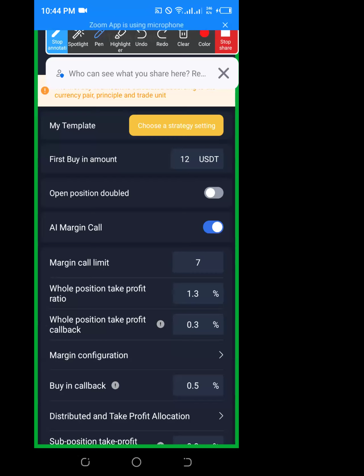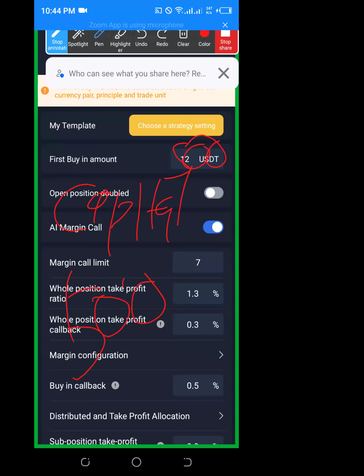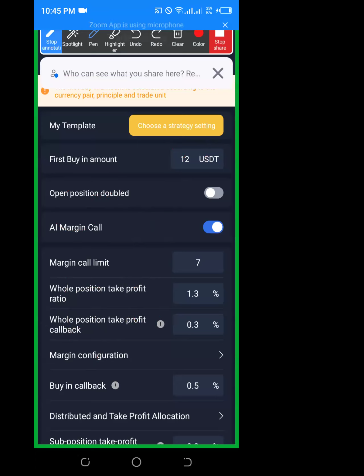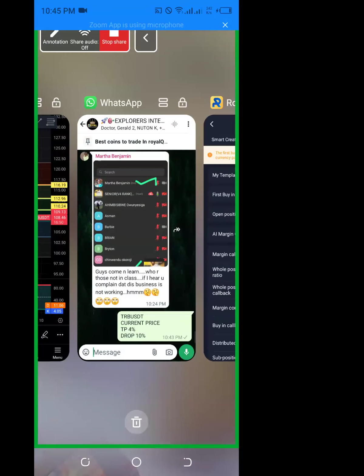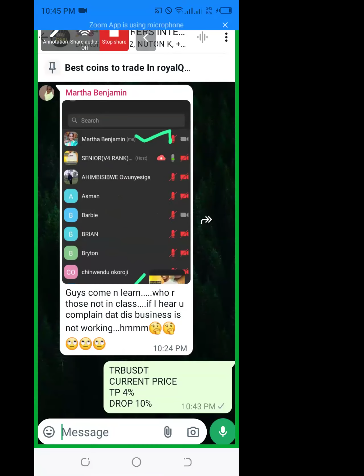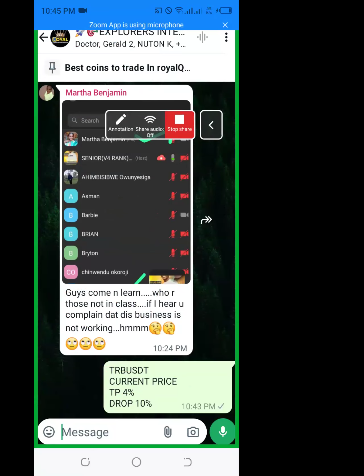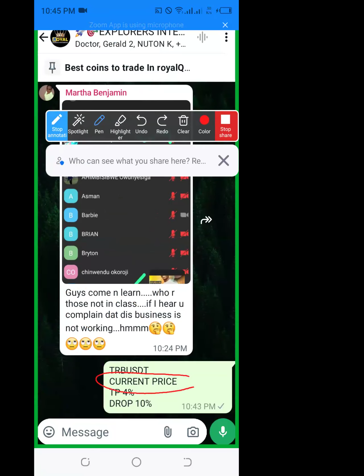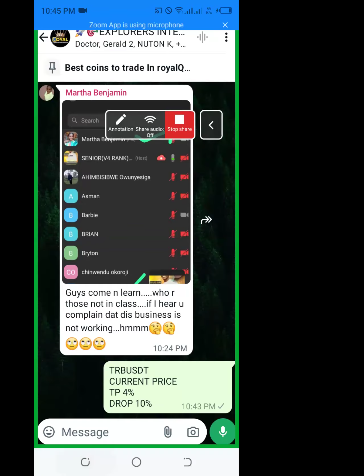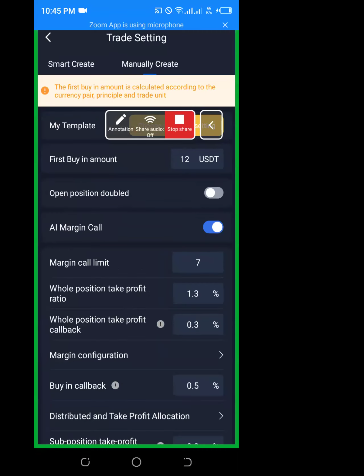Now, what you do, if you have a capital of $500, you will not expose all of it here as the first buying amount. I'm going to teach you capital management, how to manage your capital very well. Now, if I have $500, and they have given me a signal in the group, mind this word: the current price. Is it a preset price or is it a current price? It is the current price. It means you are going to enter the coin at that actual price.